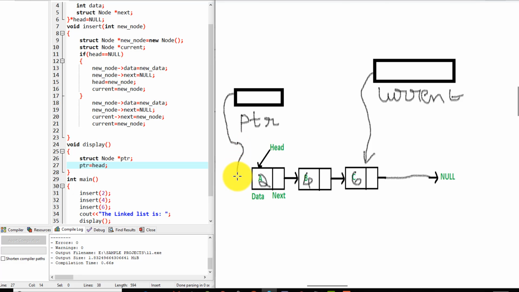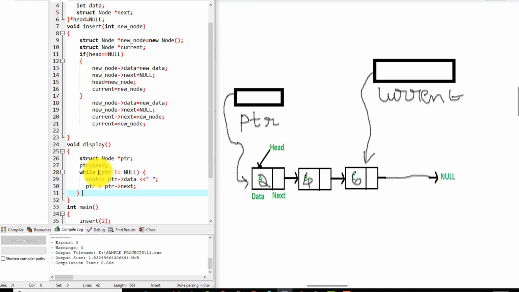So pointer equal to head means now pointer will also point to the first node. So now we have a variable which is pointing to the first node. Now if we get access to the first node, we can get access to the rest of the nodes, right? So now here's the next statement, while pointer not equal to null. Now pointer is anyway not equal to null, so it goes inside this